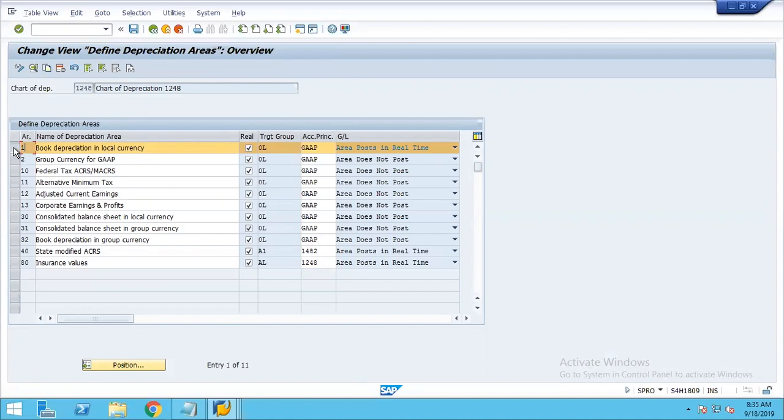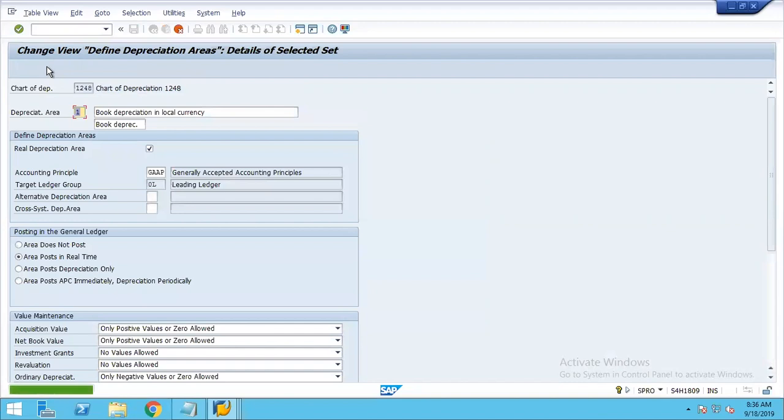All parallel currency related depreciation areas are to be created with reference to one. It means by copying one, we will have to create. This is the condition. Just select the same thing and copy, put 3. This is for group currency for 1248. And I will say